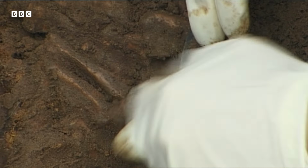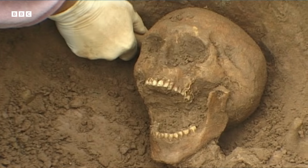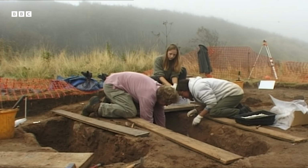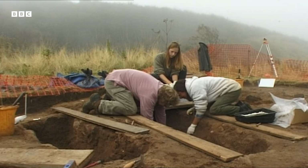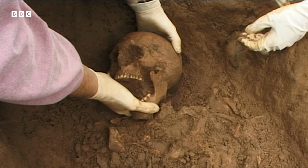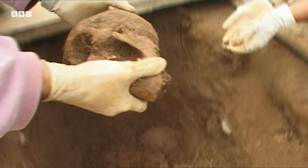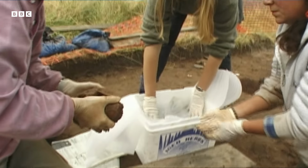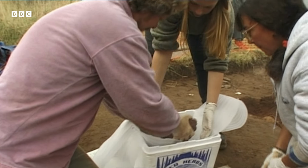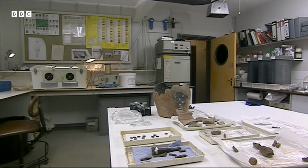The delicate bones we carefully removed from their sandy graves may be able to tell us not only what these people looked like, but when they lived. This is where we're ready to lift, OK. Right. But radiocarbon dates obtained from tiny samples of their bones are going to take months, and until these are available, the only clues we have about the date of the burials are the corroded lumps from one of the graves. That's come out much better than I thought. But I think, is that jaw going to stay on? No, that's...